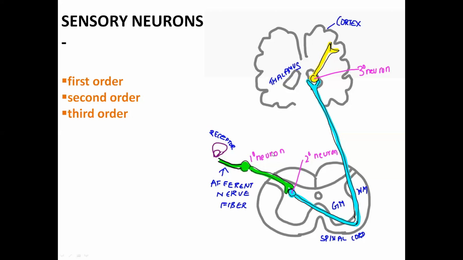So here, in the ascending tract, the first order neuron is the pseudo-unipolar neuron. Okay, so the pseudo-unipolar neurons in the dorsal root ganglia are the first order neurons. The sensory neurons in the posterior gray horn are the second order neurons. The sensory neurons in the thalamus are the third order neurons. Any example for the ascending tracts that you know? The spinothalamic tract? Yeah.